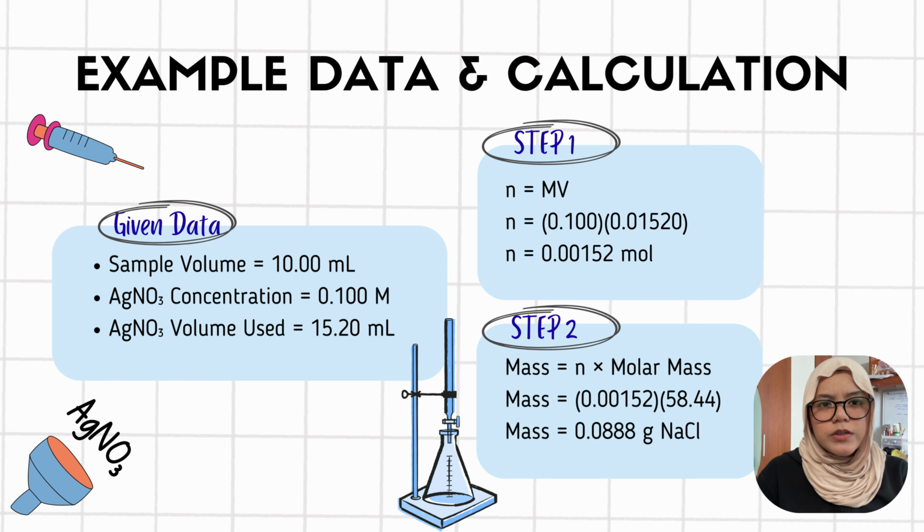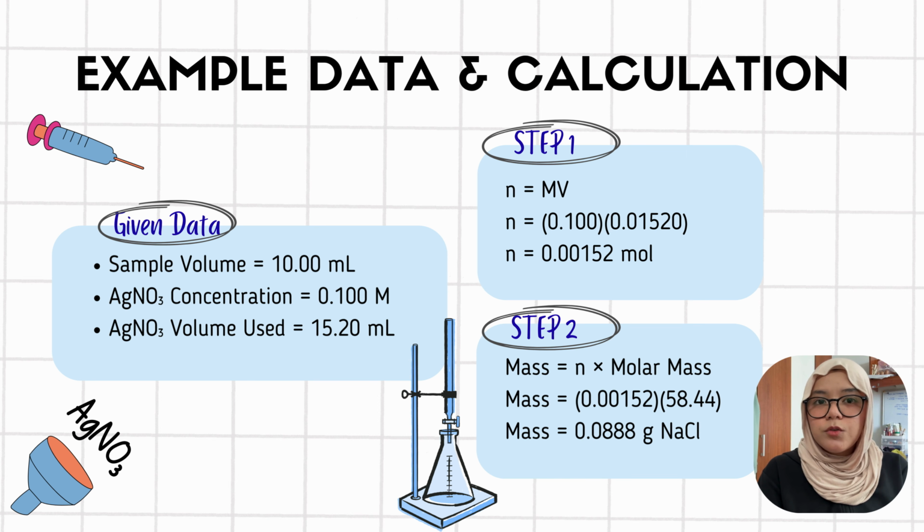Since the reaction between silver ions and chloride ions occurs in a 1:1 ratio, the number of moles of silver nitrate used is equal to the number of moles of chloride ions present in the sample. Using this information, the amount of sodium chloride can be calculated. First, we calculate the number of moles of silver nitrate used. Number of moles equals concentration multiplied by volume. Therefore, number of moles equals 0.100